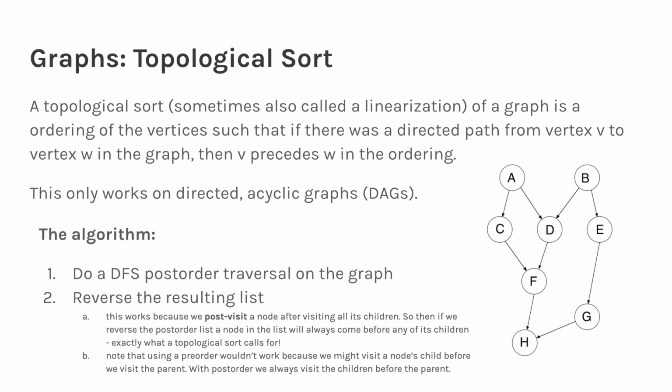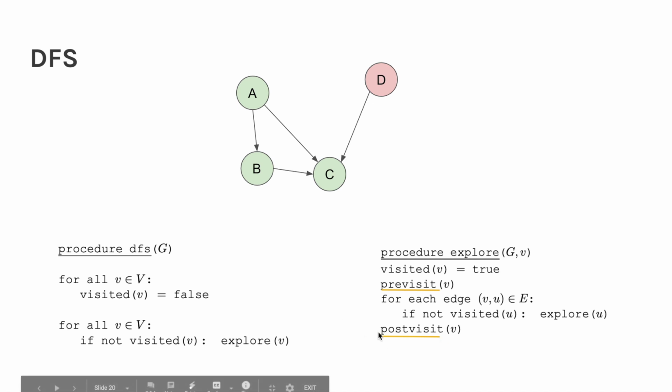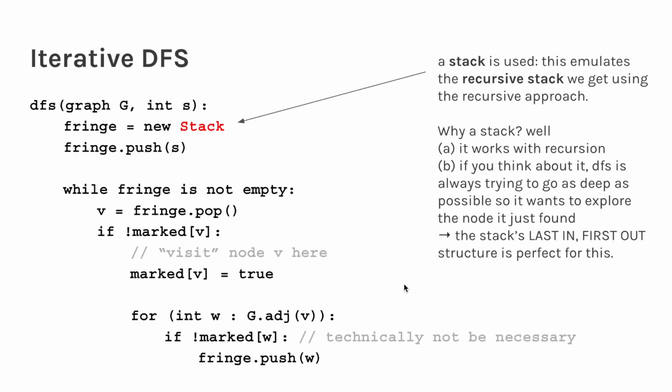Because the post-order list means when you see a node in that list, all of the node's children will have been processed before. So if you just reverse that list, then if you see a node, all of its children will come after it in the list. And that's exactly what we need topological sort to do. Now a common thought is, well, why can't you just do the pre-order list and not reverse anything, right? The problem with this is,